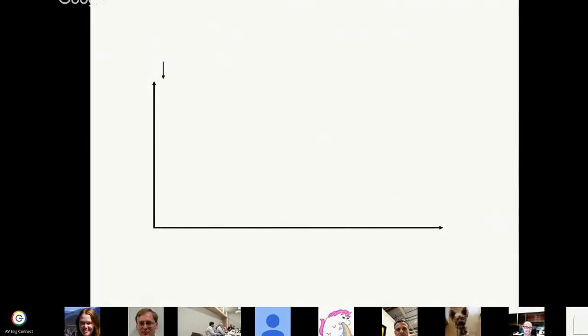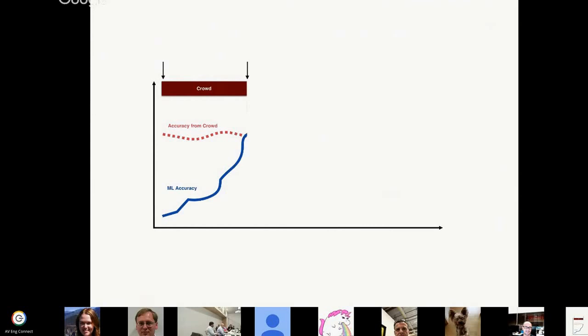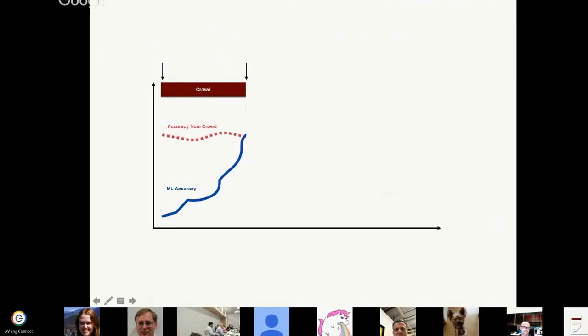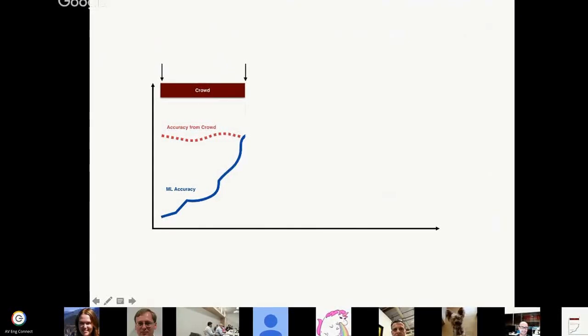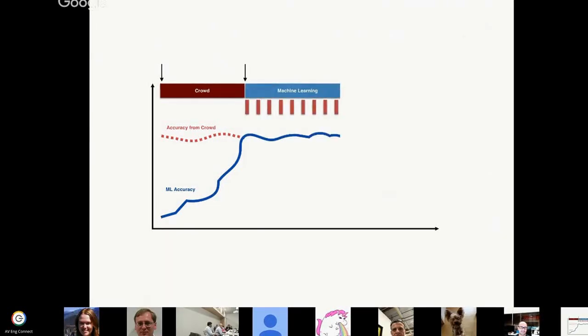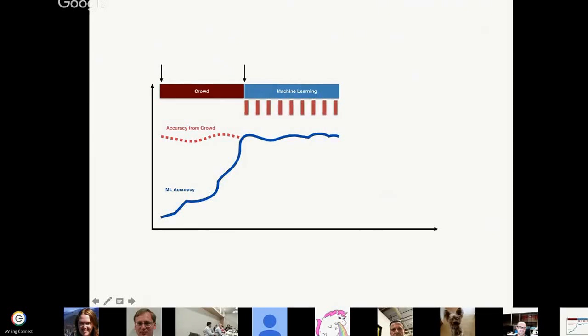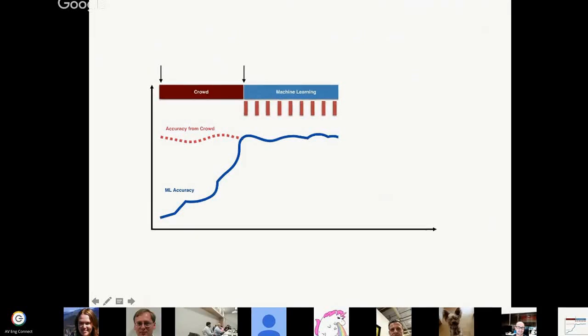So the idea is that at the beginning, rather than using a machine vision system when you don't have very good accuracy, you instead have the crowd label your images for the characteristic you're interested in, the question you're trying to answer. And once your training has reached a particular level, you can have the crowd disappear, but you still have the crowd answer at specific, frequent points in the future, so you can make sure that your accuracy has not indeed dropped.